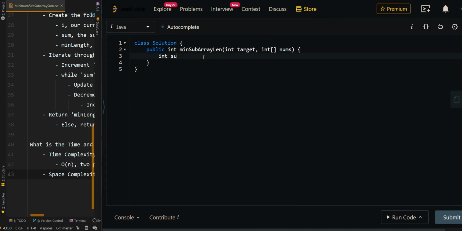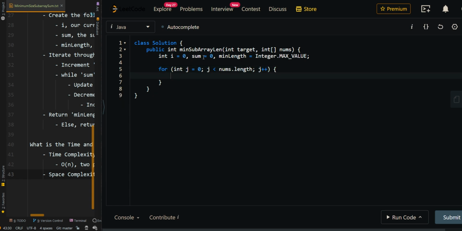So we're going to create the following variables: the current left pointer, the current sum, and also the minimum length subarray. We're going to iterate through the indices of the input array, which is our right pointer. We're going to increment the current sum by the current value. And now while sum is greater than or equal to the target, we have found a valid window and we want to shrink it now, because there's no point in continuing to go forward